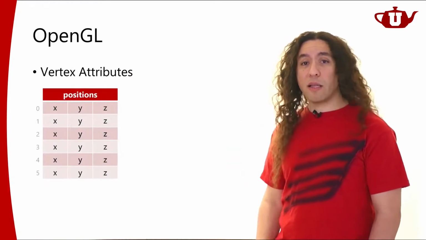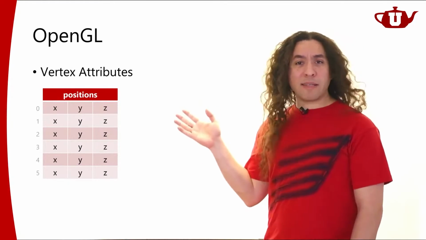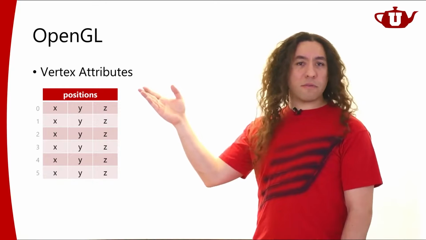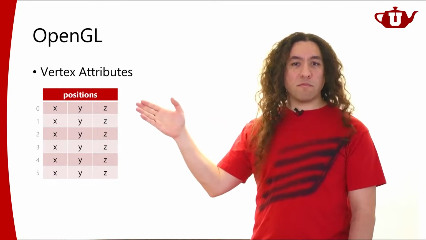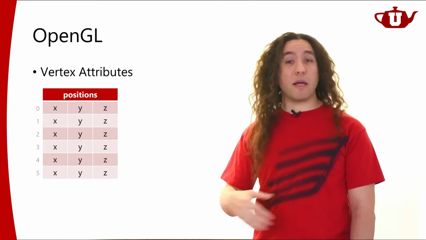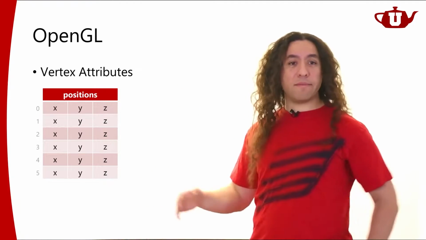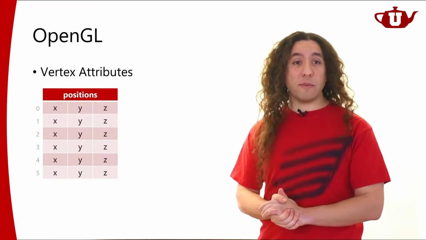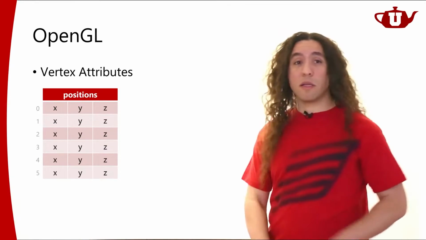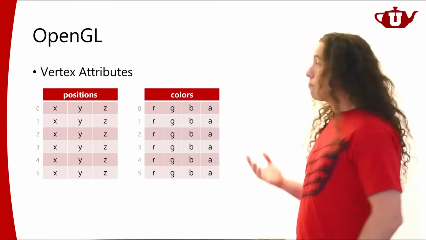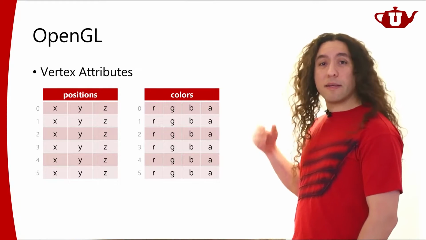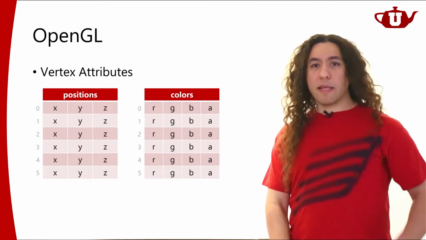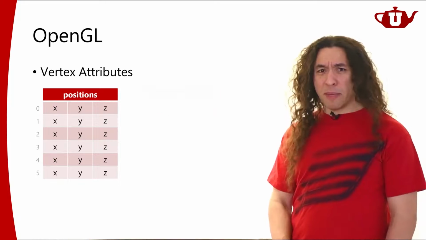So going back to OpenGL, this is what you did, right? Last time in the previous project, you just generated a vertex buffer object for our one vertex attribute, which was the positions, right? So this is what we had, and we rendered them using GL points, and that was it. Of course, we can have more than one attribute. For example, like positions, we can have colors. So here's another vertex buffer object, let's say. It's containing the list of colors. All right. So let's remove this complexity for the time being.